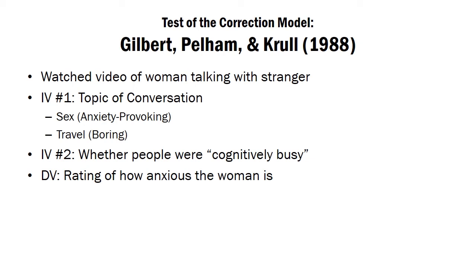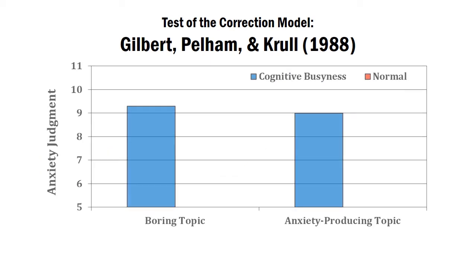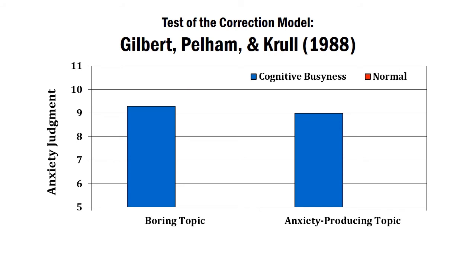However, if you were able to draw a situational attribution, if you had the chance to do so, if you knew that the situation was anxiety-provoking in that first condition, then you might say that this person isn't an anxious person. It's just something about the situation that made her look that way in the video. So here's what they find. When people aren't able to think very deeply about what's going on, then it didn't matter what topic they told participants the conversation was about. People used a dispositional attribution to say that in either case, what we're dealing with here is an anxious person.